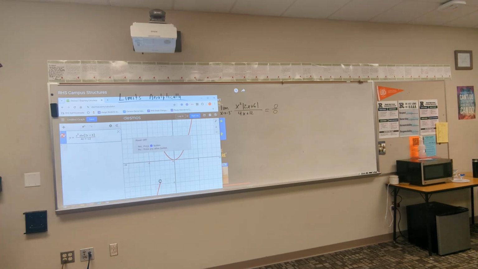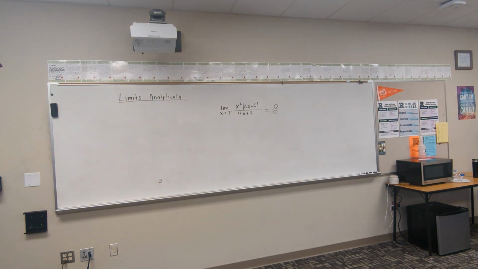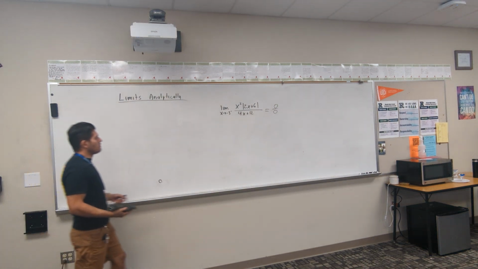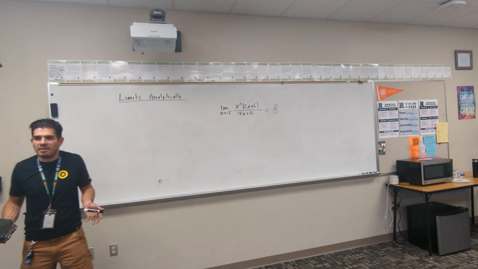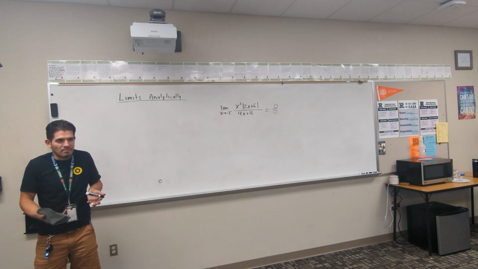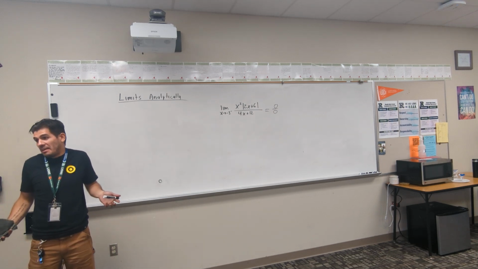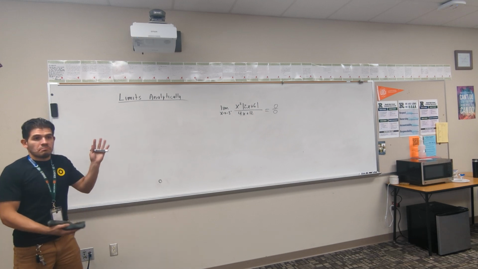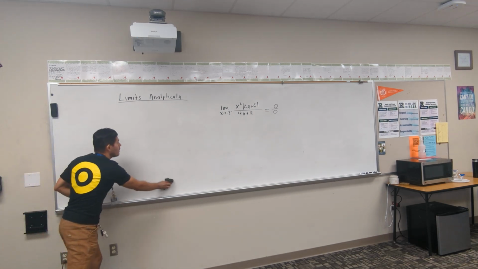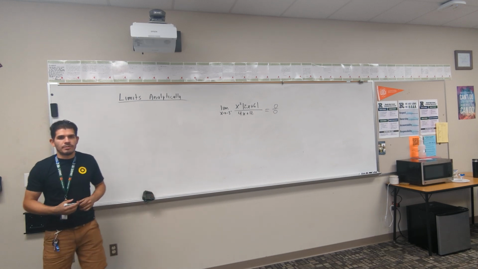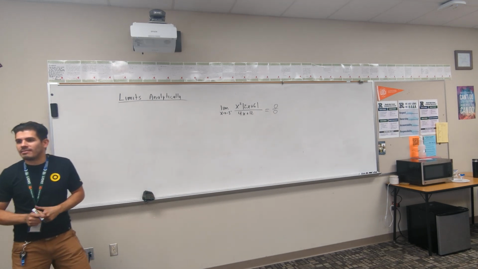So now, let's discuss how you would attack this. Well, there's two ways to do this. One of them I've already taught you. If it's from the left, couldn't I just pick numbers that are close to the left and number sense my way out of this? I could try that, right? I don't want to focus on that in this video, so let's discuss the other way. Ready? Cool. First, the fact that I'm getting 0 over 0 means I need to cancel something.